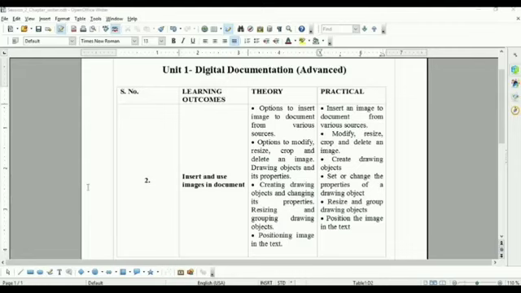In this session, we will discuss the practical points. These are the practical points available in this session. So one by one, we have to discuss these practicals. The first point is to insert an image into a document from